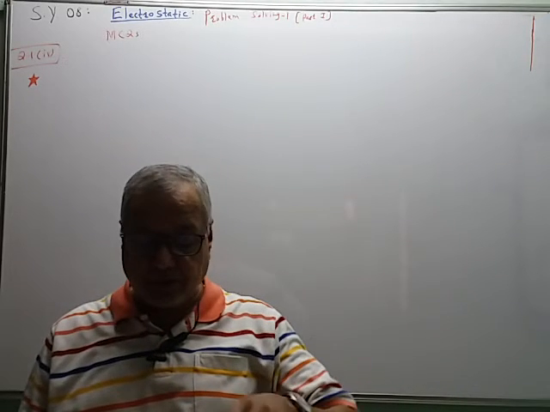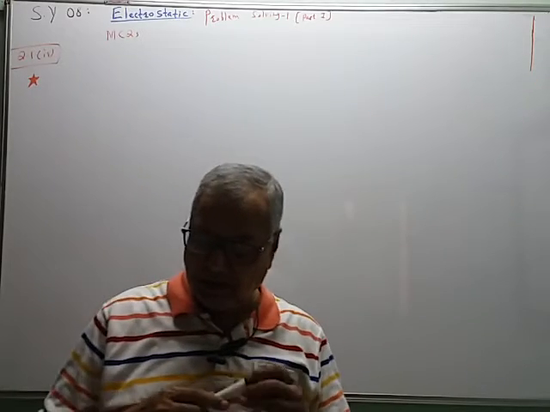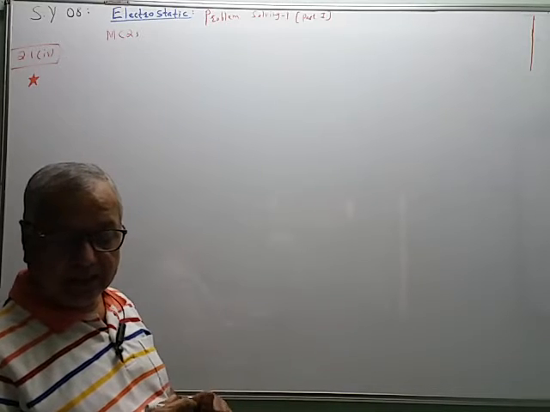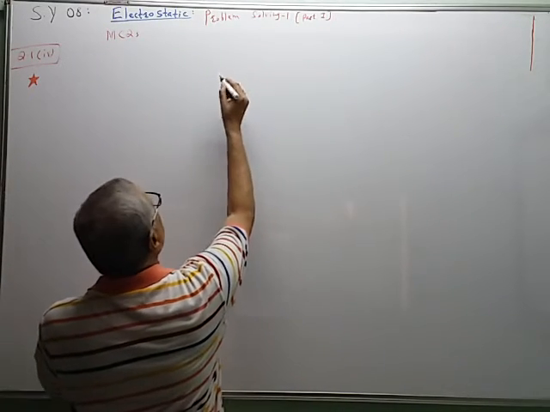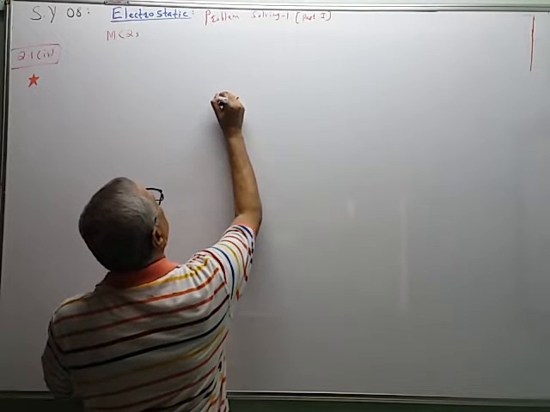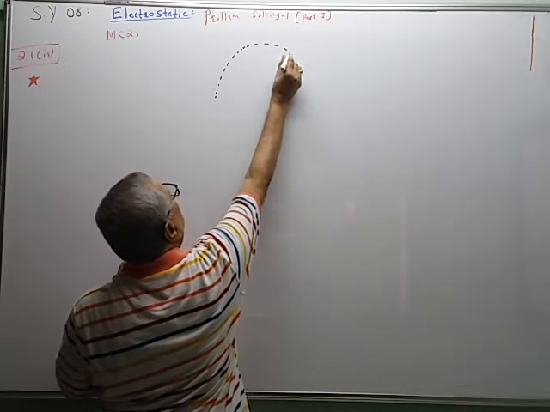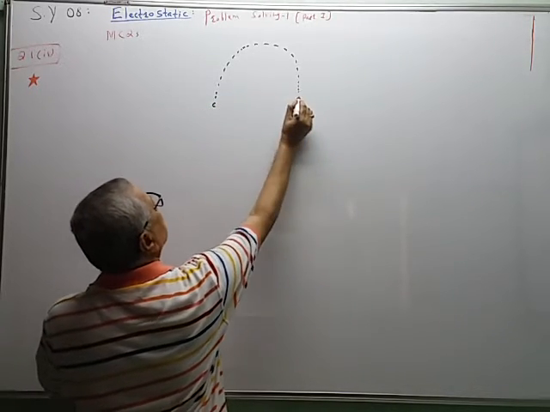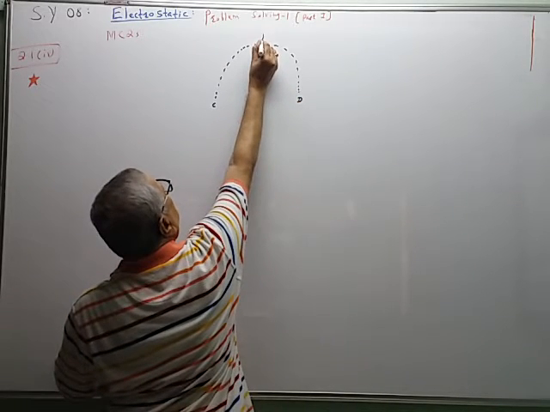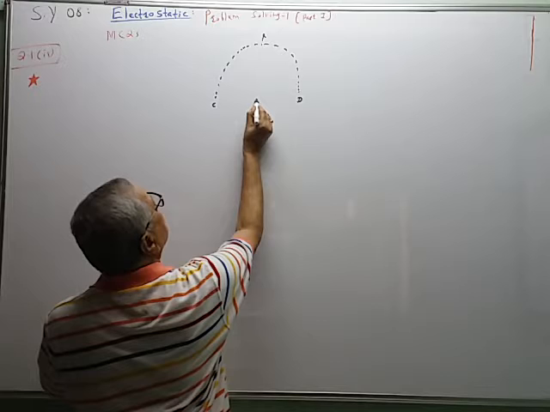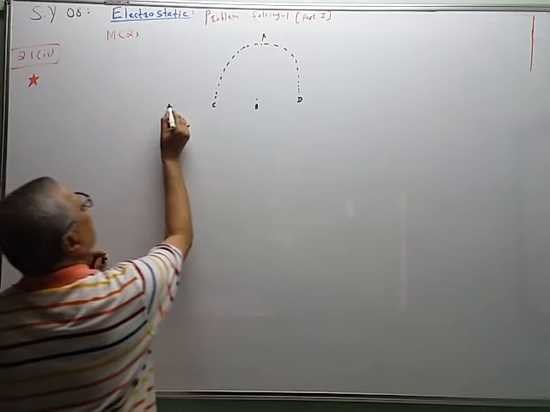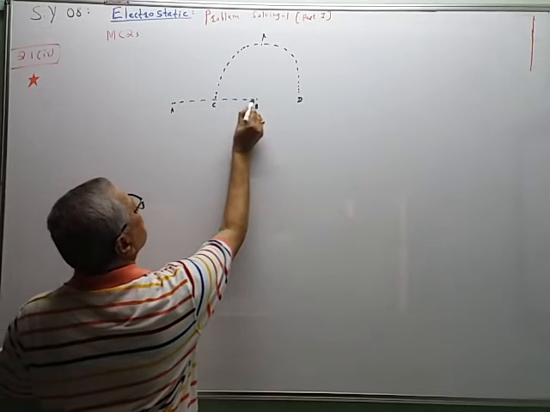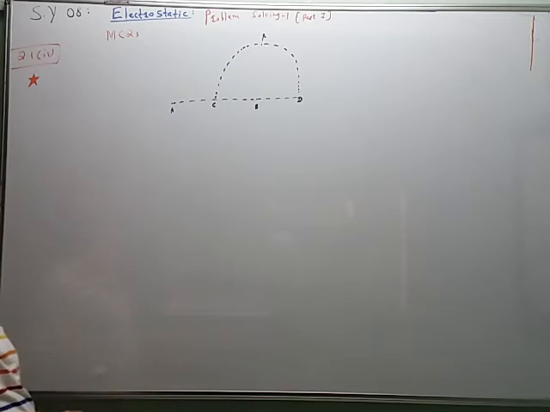So the CRD path's position is important. The figure is very important in this problem, so I will draw the figure. All the distances are L, L, L, etc. First I will draw a semicircle here, like this. This point is C, this point is D, and this point is R. Now this is the point B, and this is the point A. So A, B, C, D are the points on the straight line.